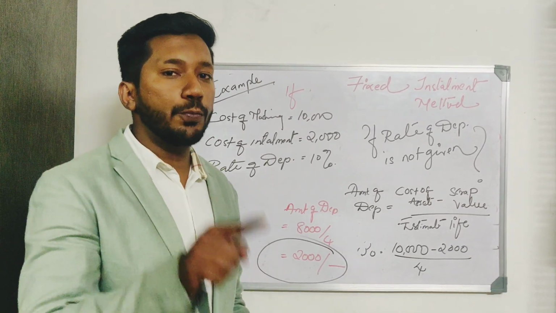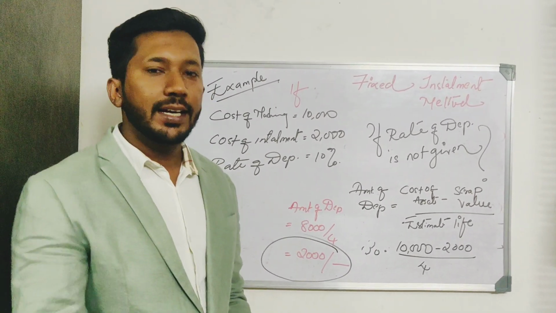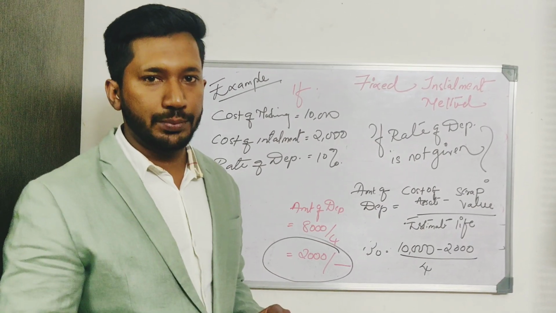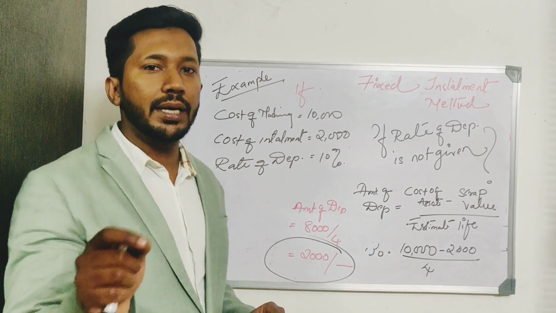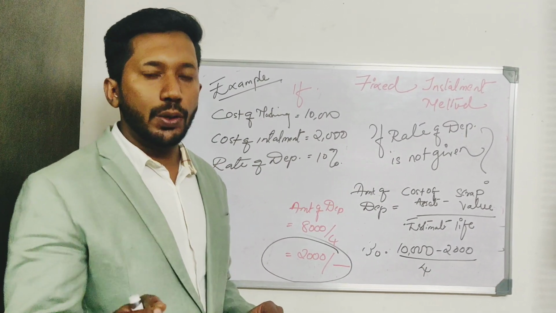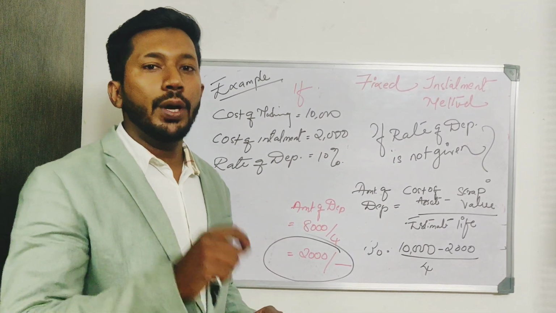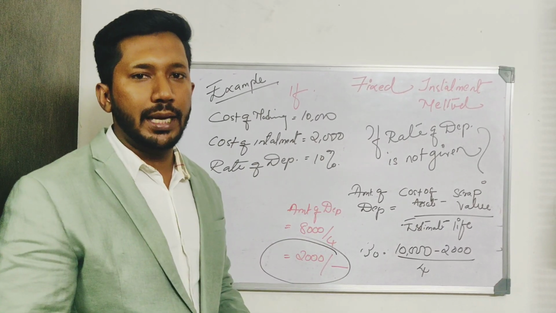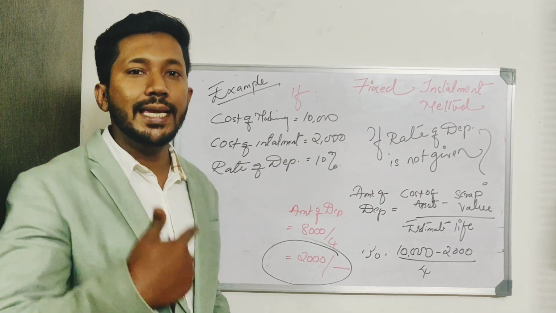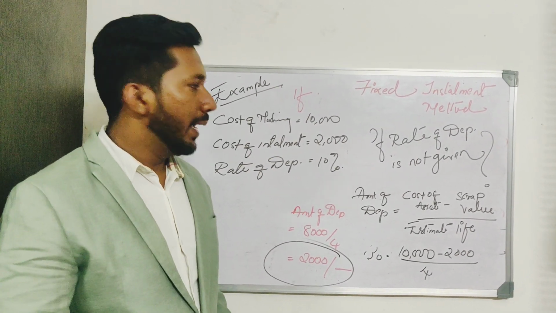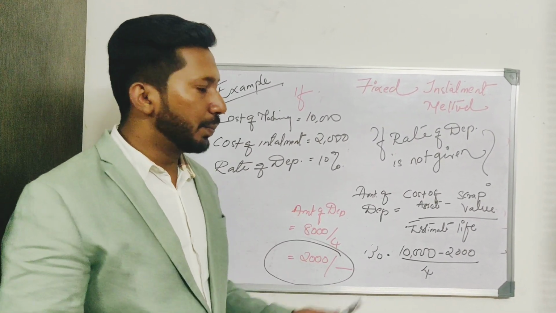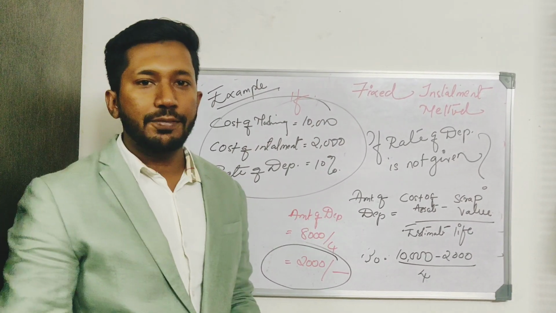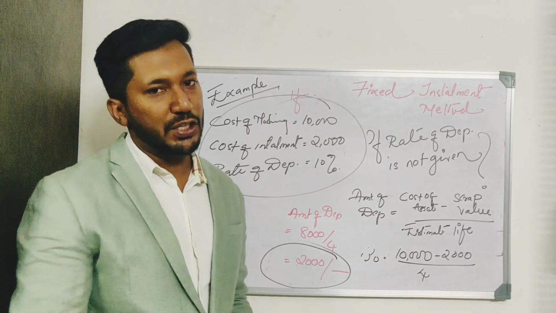If the rate of depreciation is not given, then we need to calculate this. The estimated life of machinery, the cost of machinery, scrap value, everything will be provided to you in the problem. We will collect that data and work out the amount of depreciation. The next step is that, by taking this example, we will prepare our first account, that is the machinery account.